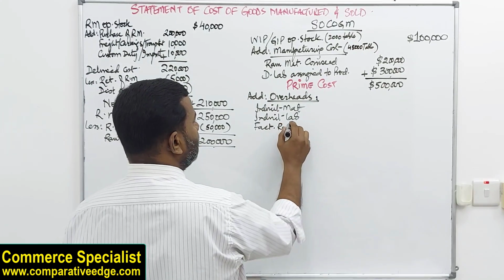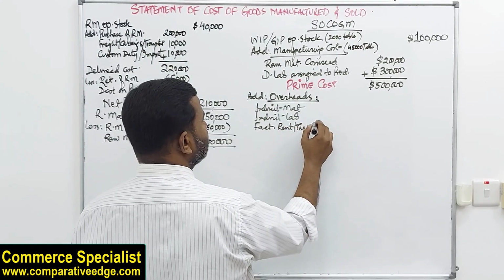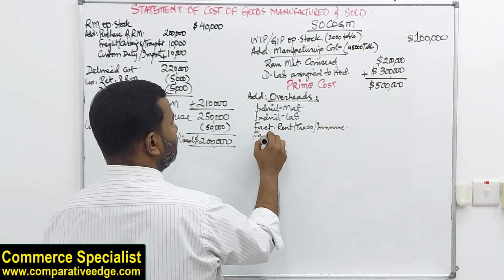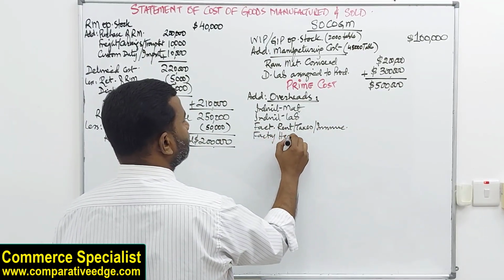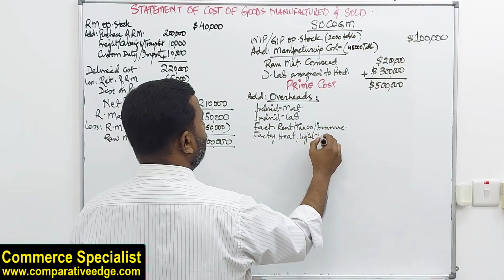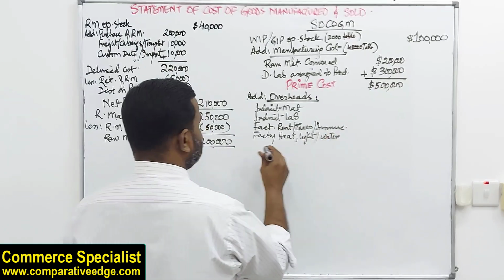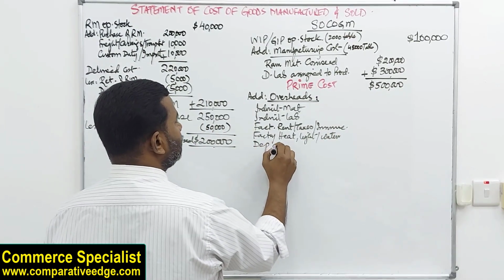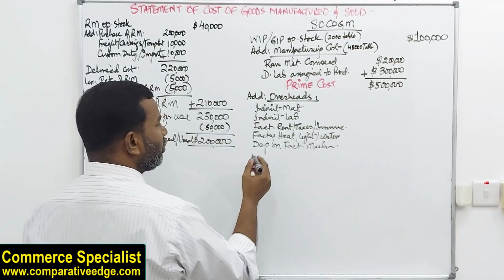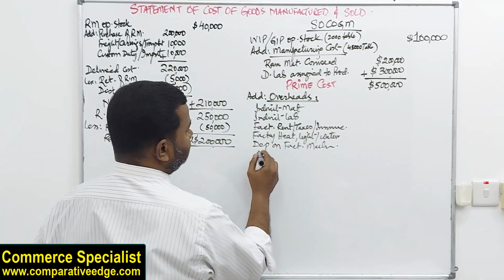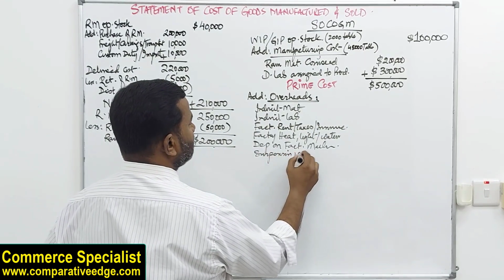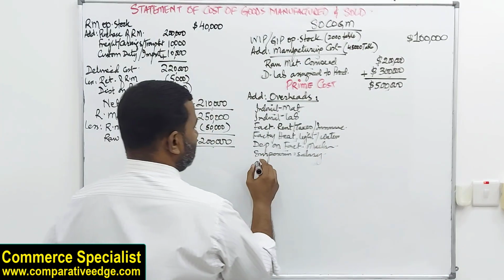Factory rent, taxes and insurance. Factory heat, light and water bills. Okay, depreciation on factory machines. Okay, we are talking about supervisors, factory supervisor salary,